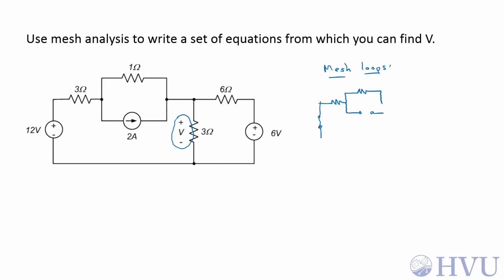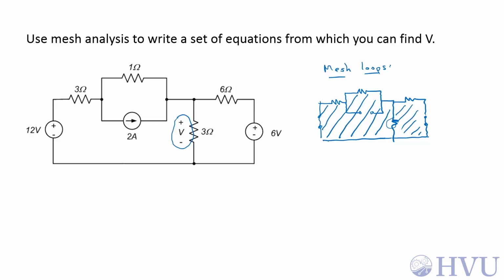This is a 1 ohm resistor, and there's this 3 ohm resistor here, another resistor here, and finally this other voltage source also becomes a short circuit. Now we're left with two enclosed non-overlapping areas. One goes all around this outer section of resistors here and then through this 3 ohm resistor, the other